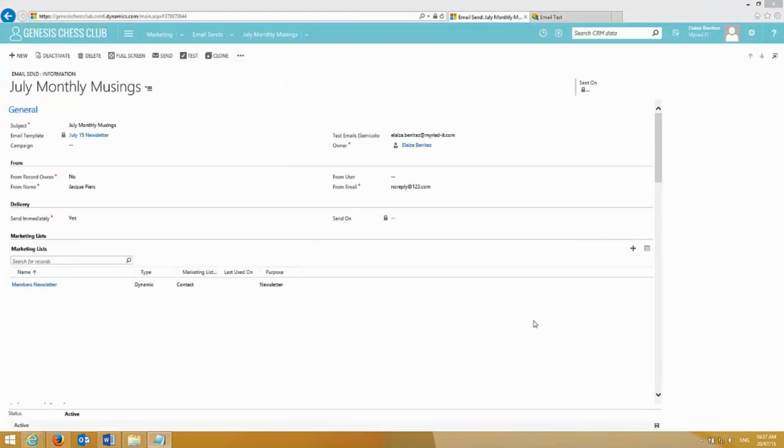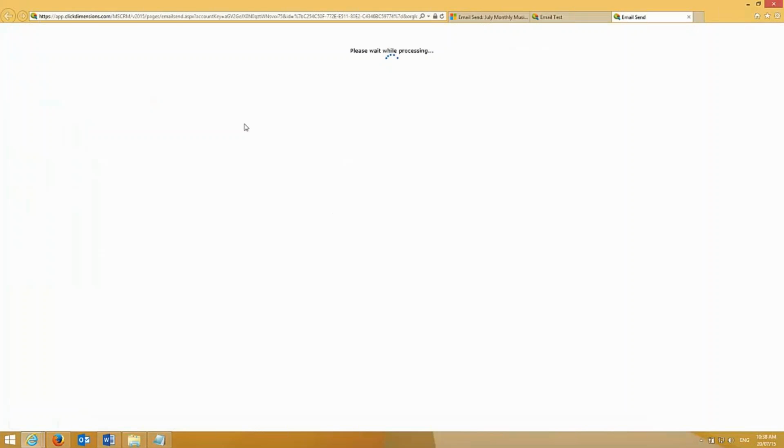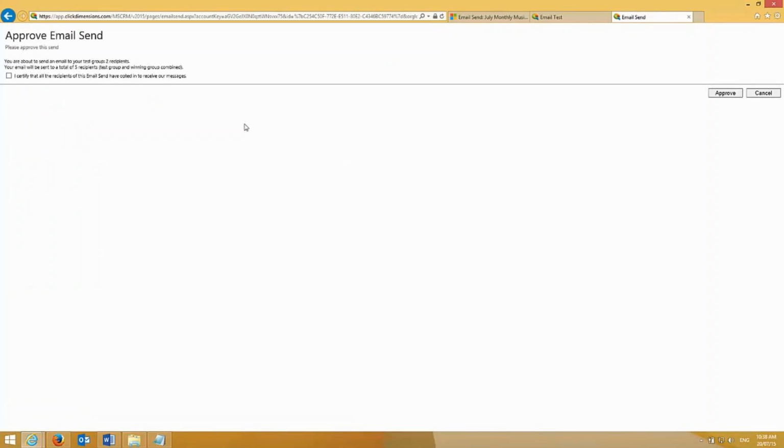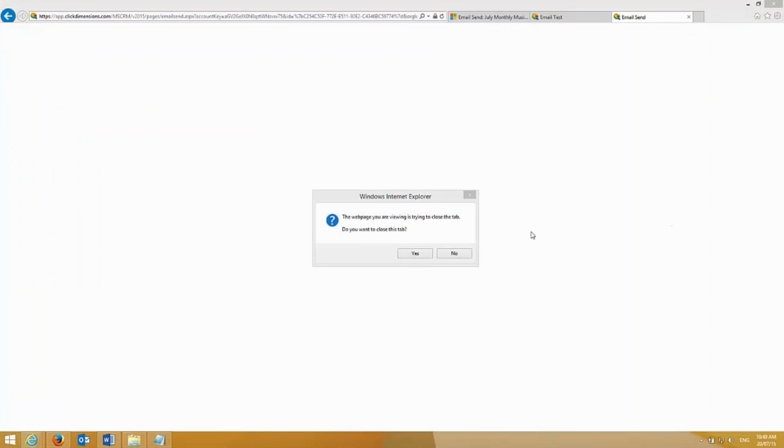After 1 hour, it'll automatically select the winner. So I did it based on how many clicks the email had received. So the highest number of clicks will then be sent to the remaining contacts in the list. So at the moment, it's now generating the split test email, and it's acknowledging that I'm sending to 2 recipients within my 5 list of contacts, and then afterwards the remaining 3 recipients will receive the winning email based on